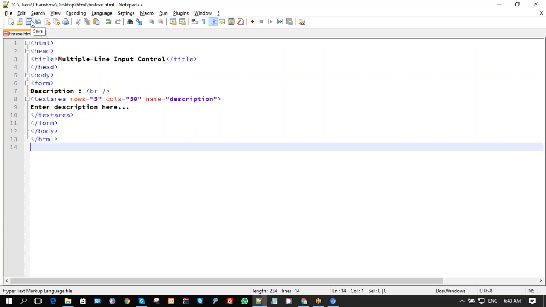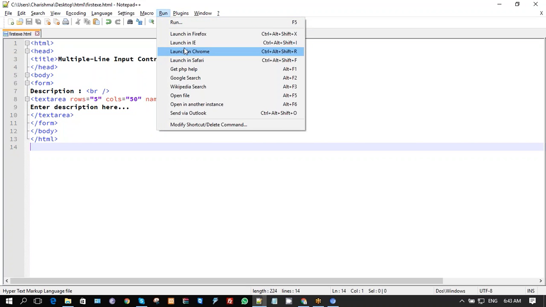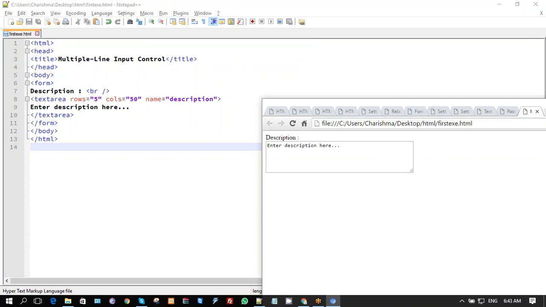Okay, this is the code part here. I'm saving it, and description with textarea rows are 5 and columns are 50, and name is description, and we are closing the textarea here. We open the textarea here, we are closing the textarea here, and we saved it already, and we're launching it in Chrome. So we get this text box like this. So you are allowed to write 5 rows and 50 columns as a description, and we mentioned enter the description here. When we press this here,